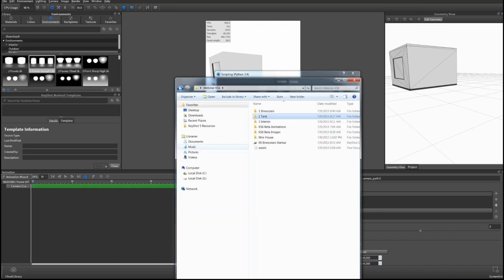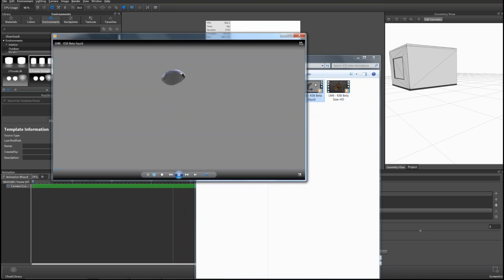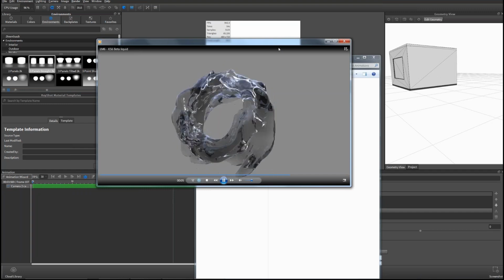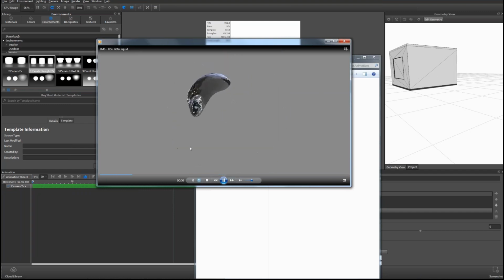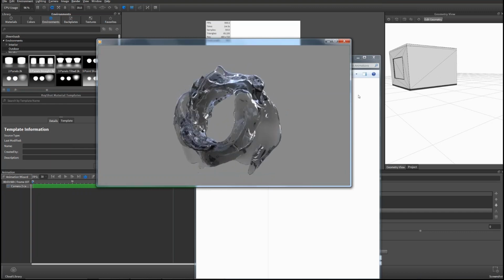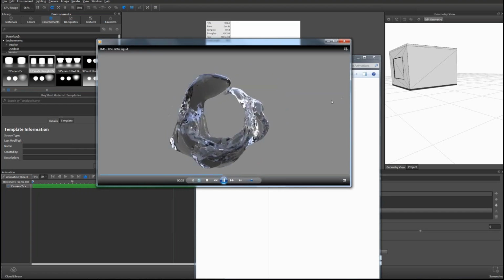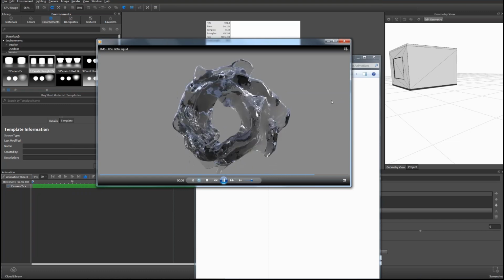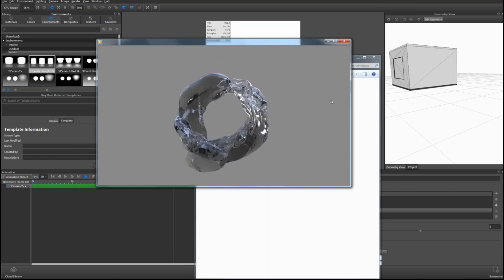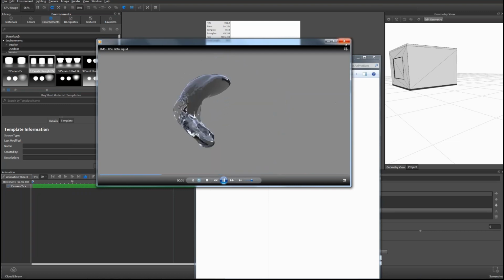I can show you some really cool examples of animations using scripting. This was done by LM6 on Vimeo. He's got some awesome work. All of these pieces of geometry were actually individual pieces of geometry, exported as OBJs. Scripting was used to import this model, apply the liquid material, apply some environment to it, and render out a frame. That was done in sequence to all of these. And then scripting was also used to combine all the individual frames into an animation.